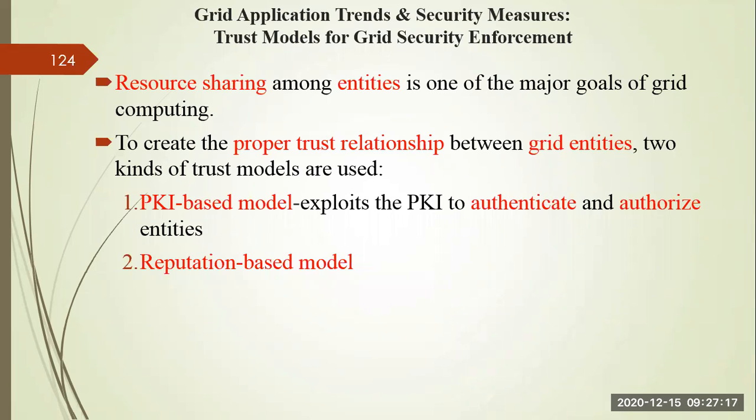We are using two kinds of trust model. One is from cryptography and network security, that is public key infrastructure based. This PKI is used to authenticate and authorize the entities. Anyone using or providing the resources needs to provide a username and password and go through a process of authentication, or we have to authorize that he is a legitimate user. The next one is called the reputation based model. Reputation will definitely increase if you are providing better services. Reputation comes from the society. Society will say that this particular service provider is reputed.